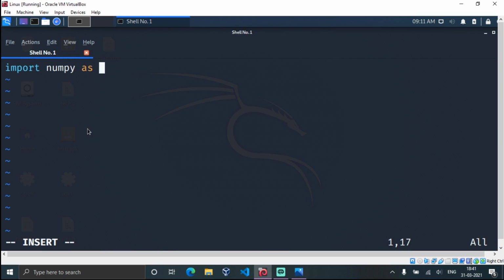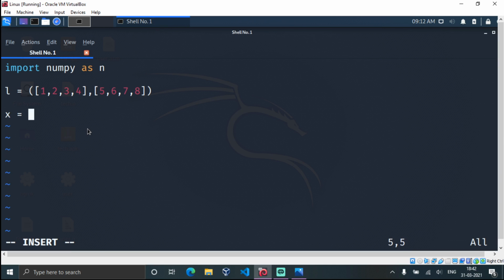To import numpy, we are going to use the import statement, and here I am going to create our arrays using a list. By using this list, we are going to create an array using numpy.